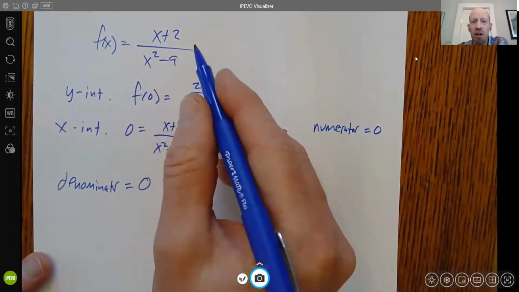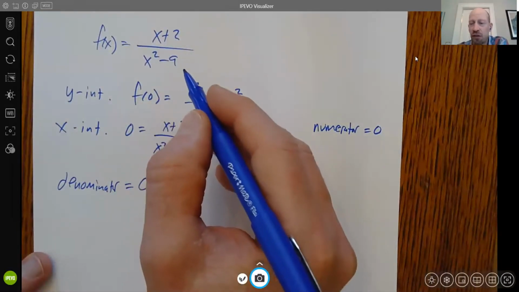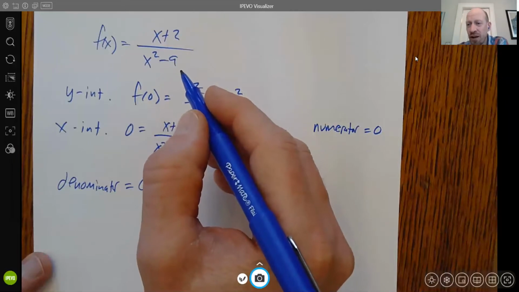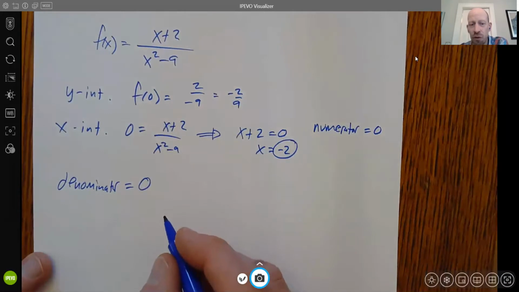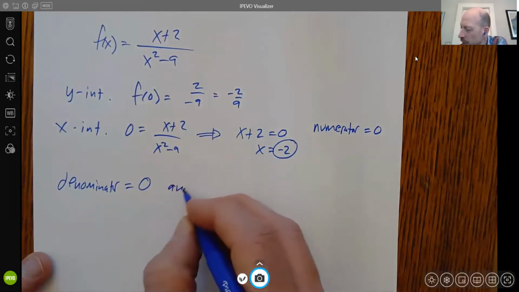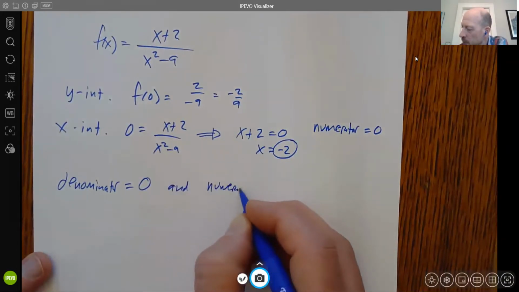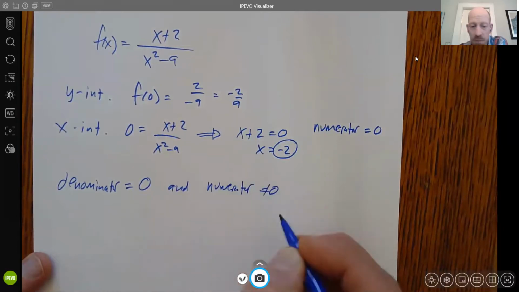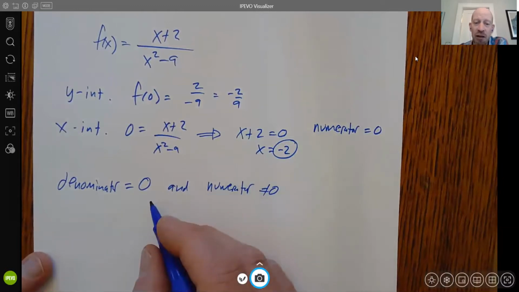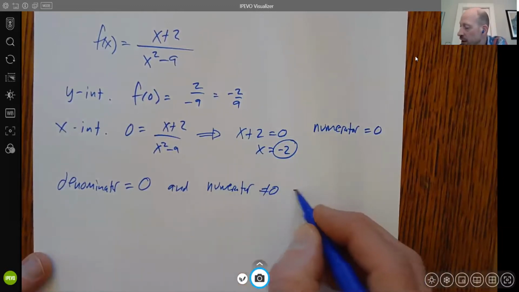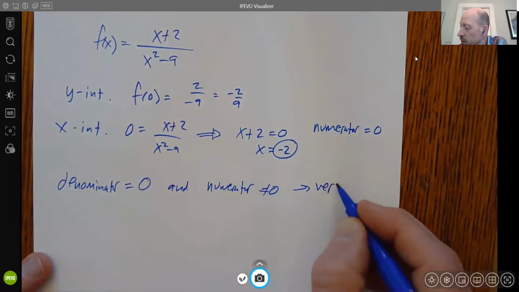This is a really large value then. And so what this does for the graph is this creates what's called a vertical asymptote. So when the denominator equals 0 and the numerator does not equal 0, so that's important. We'll talk about what happens when they're both 0. But if the denominator is 0 and the numerator is not 0, that's going to be what's called a vertical